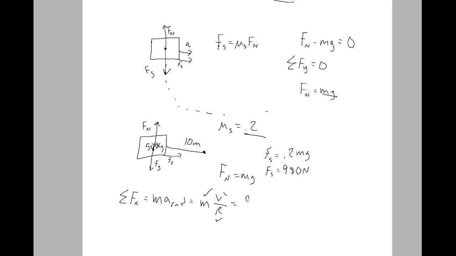So that is going to equal 980. So I can use this and solve for v squared. If I divide by m, divide that by 500, and then multiply that by my radius, I get v squared equals 19.6. Well, if I take the square root of that, I get my max velocity would be 4.42